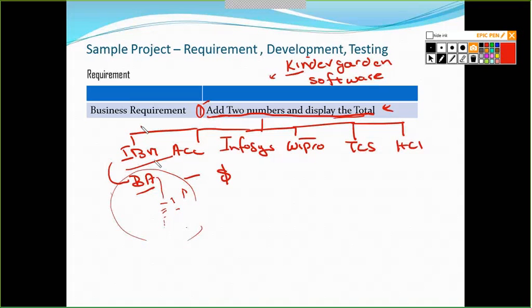So IBM will come out with the budget, Accenture will come out with the budget, Infosys will come out with the budget, Wipro will come out with the budget, TCS will come out with the budget, HCL will come out with the budget. Each budget might vary depending upon their resources, depending upon the time that they calculate, everything, right? Now all these things will be submitted to the company, and finally the company selects one vendor based on the total